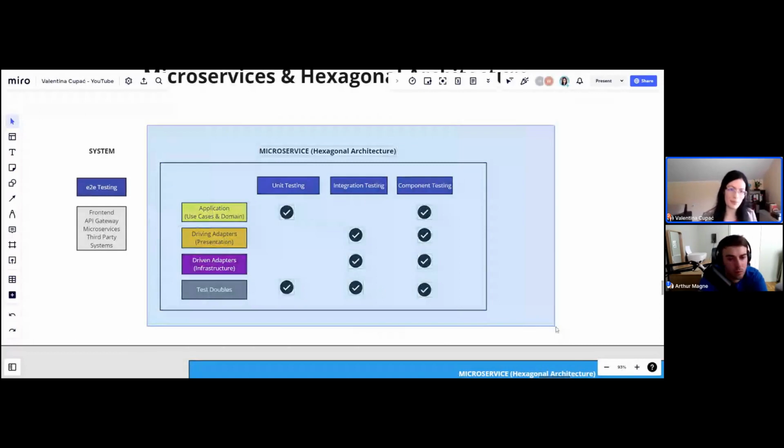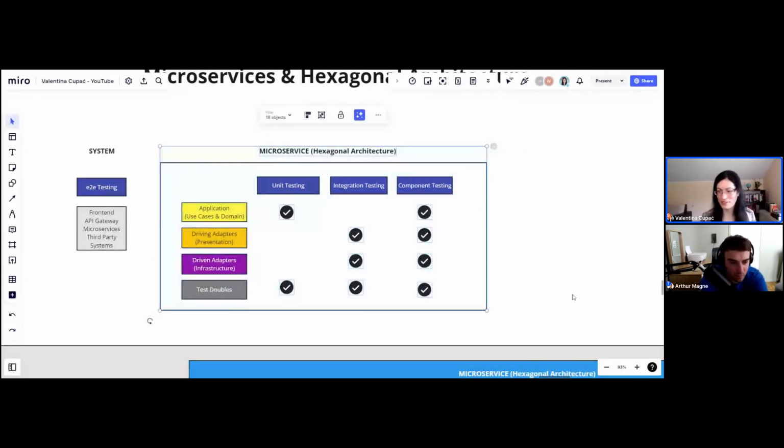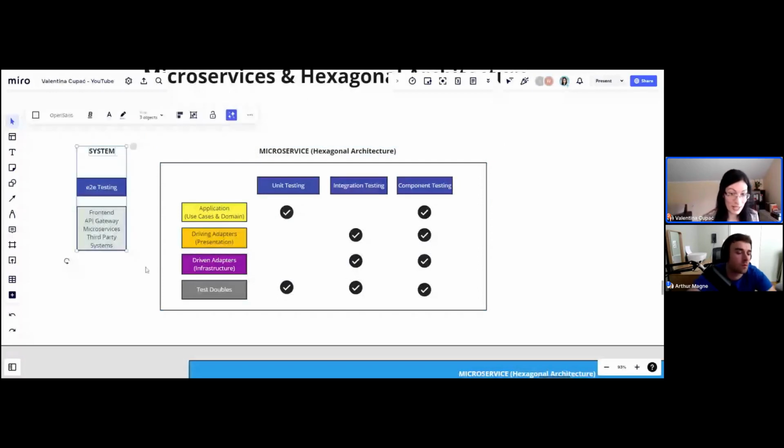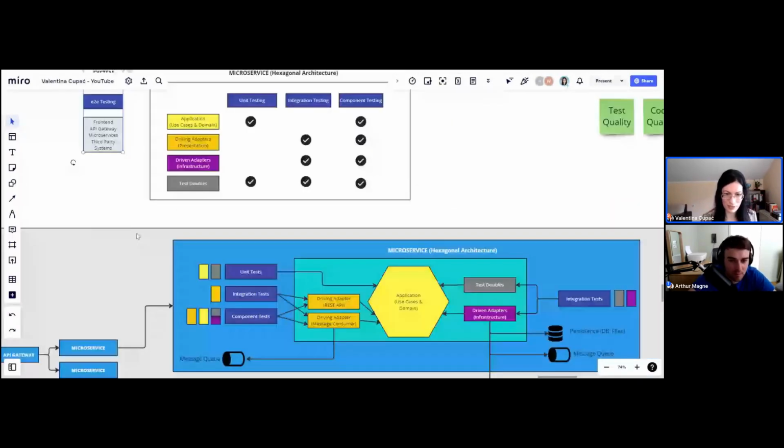And of course, you need to have a pipeline per microservice, so notice I didn't even mention the word pipeline above, so that each microservice is independently tested and deployed. And on top of that, you also need to have end-to-end tests, which test your whole system, like front-end, API gateway, microservices, third-party systems. And here, this is an illustrative image